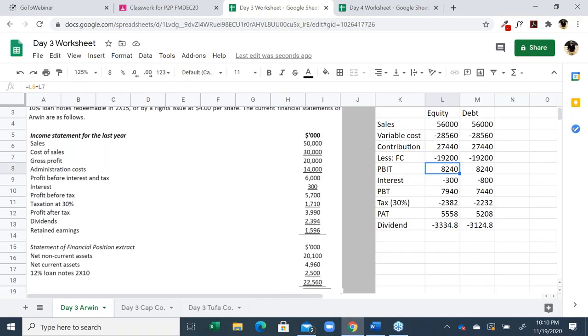Yes, it's correct. What's wrong with the fixed cost? It includes both fixed cost of sale and administration costs. And the retained profits will be